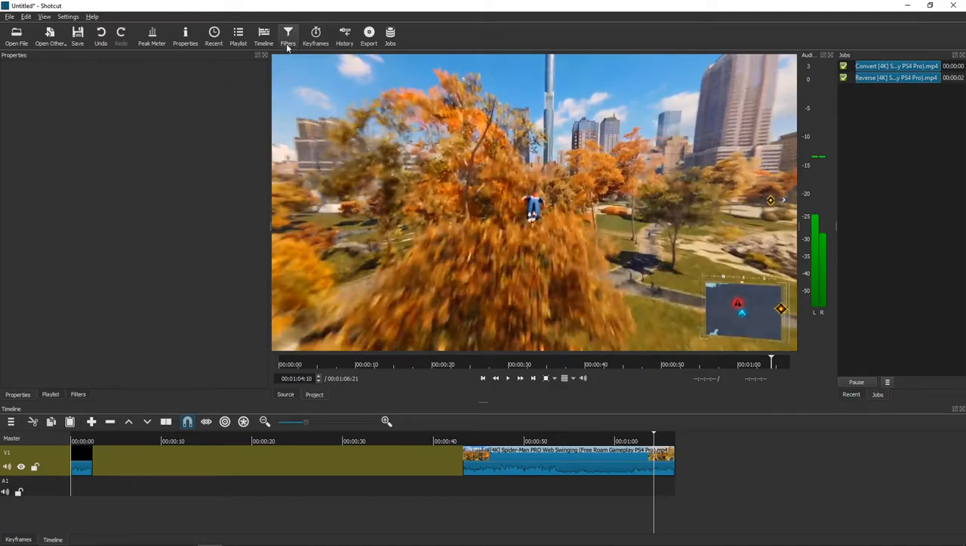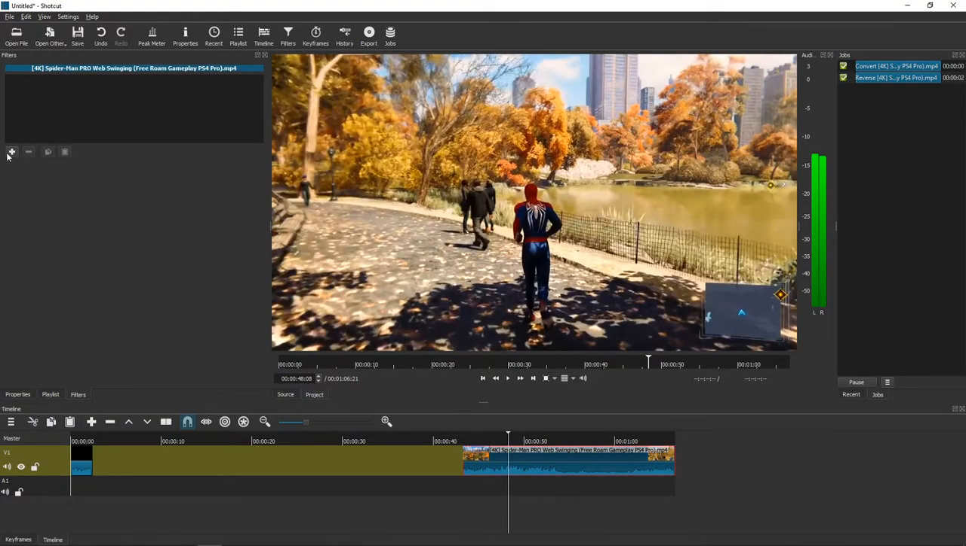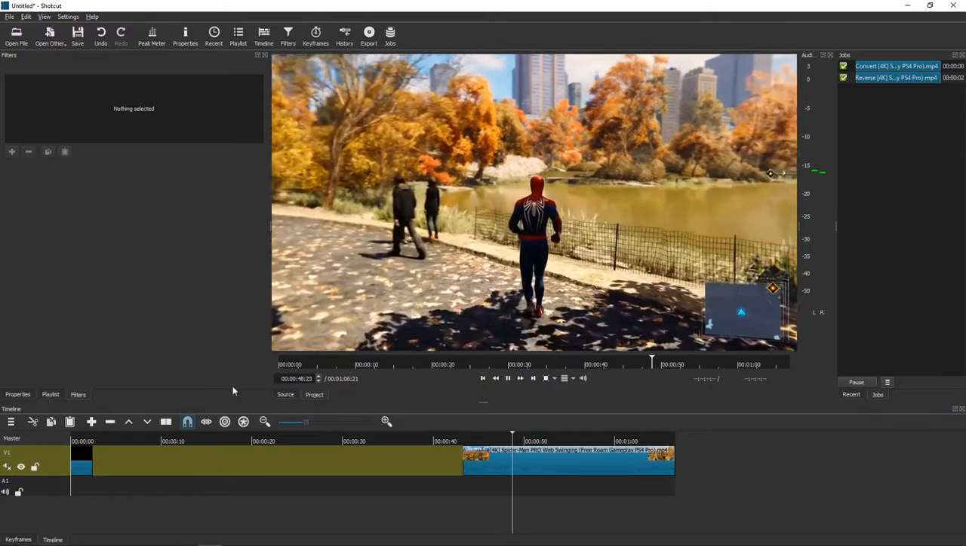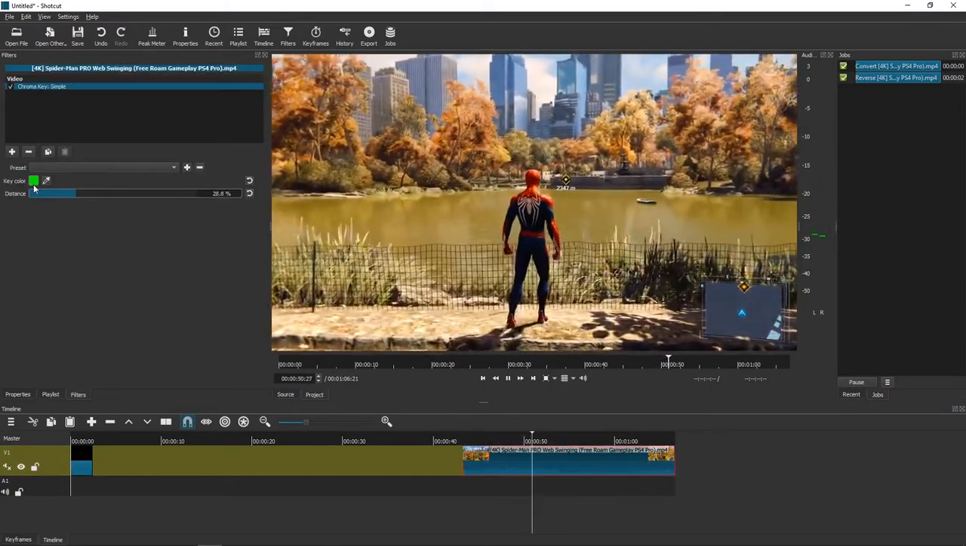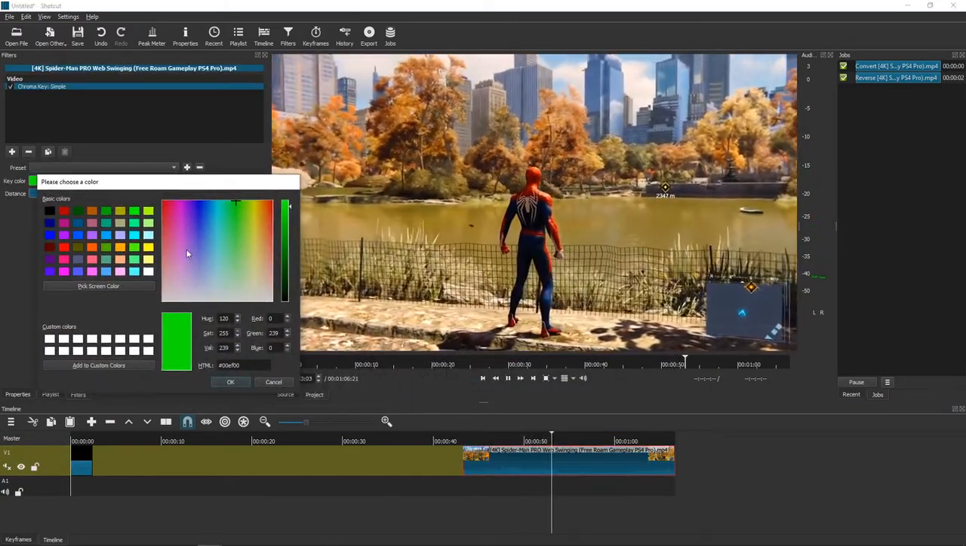So, what you want to do is just create filters, plus, click on your video, plus, and right here chroma key, and you get simple and advanced. We will start with the simple. And let's say that I'm going to mute this video for now. And let's say the key color we want to have